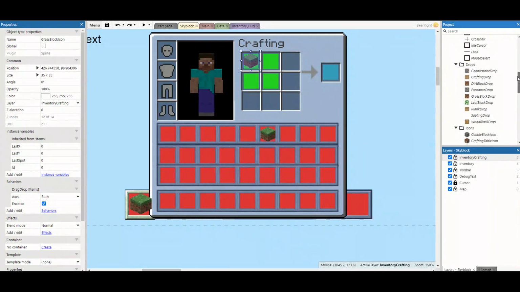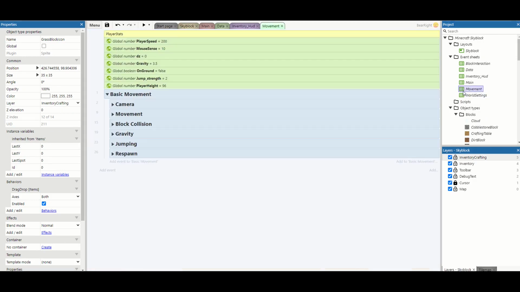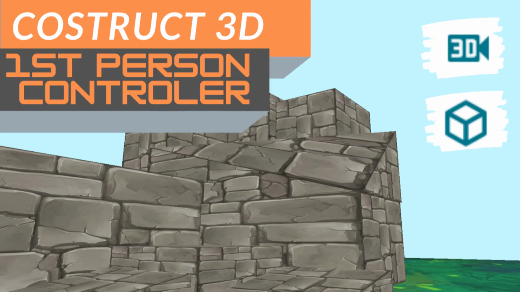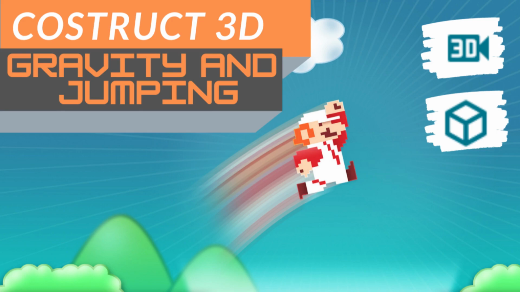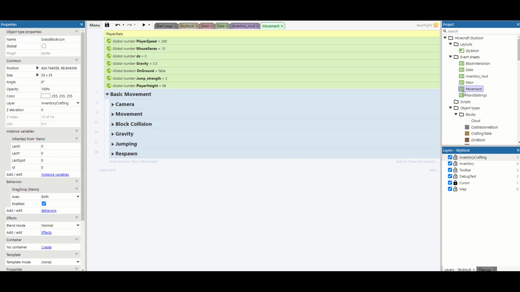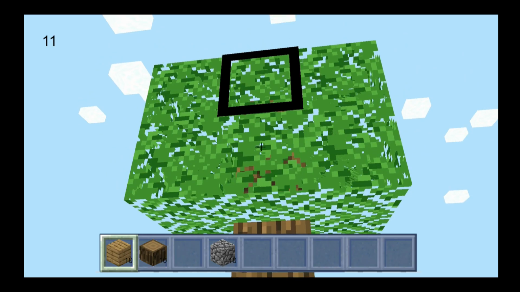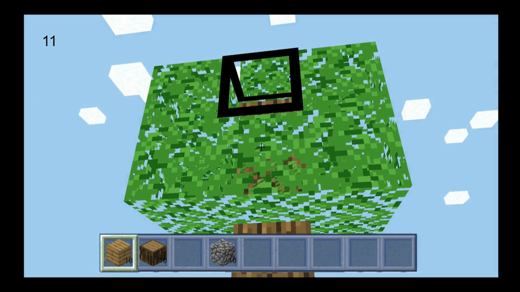The only thing we haven't talked about is movement. The movement code is a copy and paste from my 3D first-person movement tutorials, one for general movement, one for jumping and gravity. I actually started with that project and just built around it. So I'll leave those links in the description if you want to work out how to get the movement done. But this code will be available in the description if you want to have a look at it